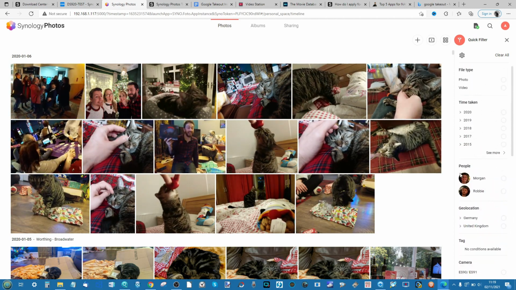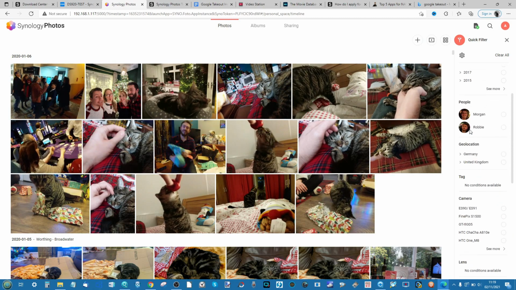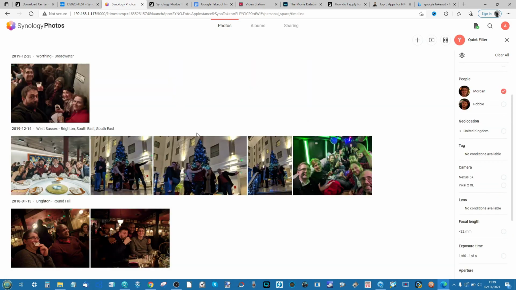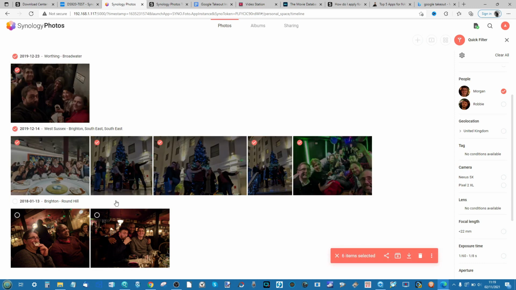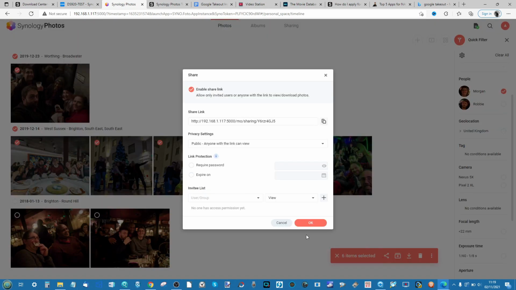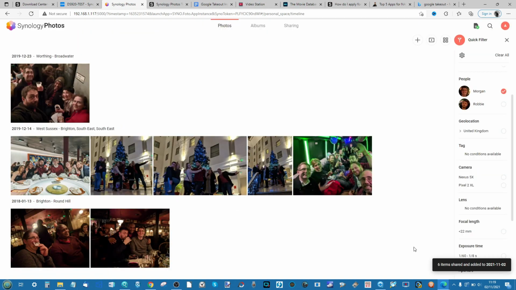And again, once you've found a photo that you quite like, such as if I go for photos of Morgan there, we can go ahead and then share those photos as we see fit. And again, we can share whole timeline photos, click share, click OK, and there you go. And again, we don't have to do it that way. We can go ahead if we choose to